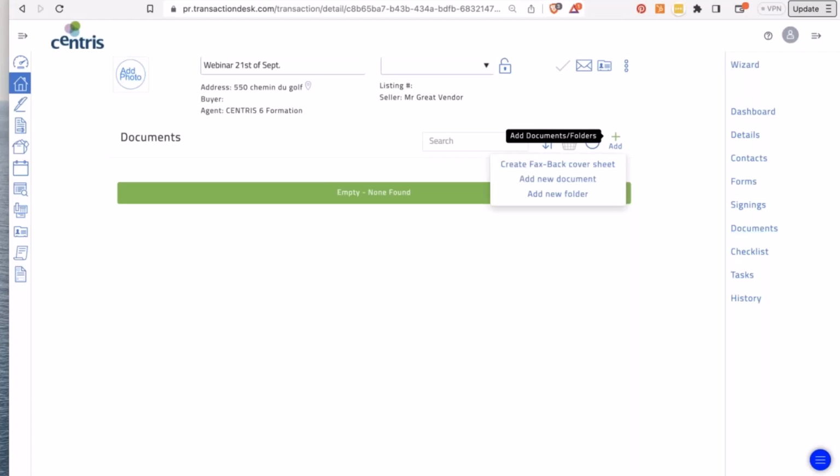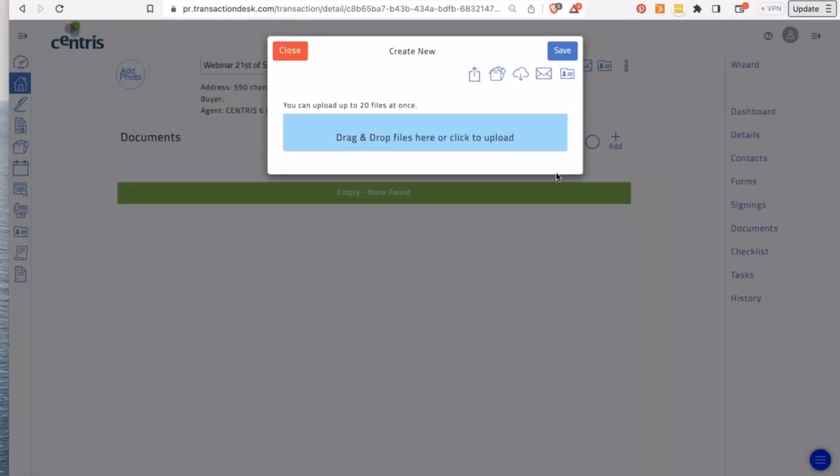So what you would be doing here is you would add a new document or a new folder. So I could add a new document here, and the different ways to add a document is either to drag and drop, upload from device, the same thing. You can copy from somewhere else in DocBox, because in DocBox here there's a few